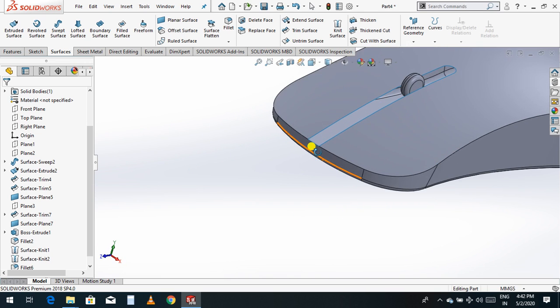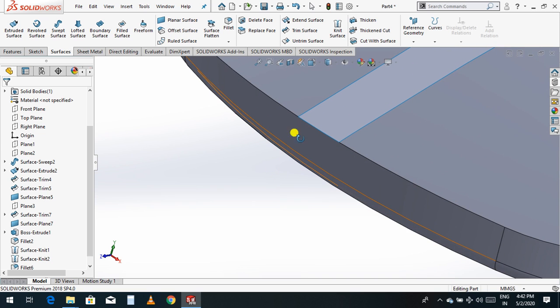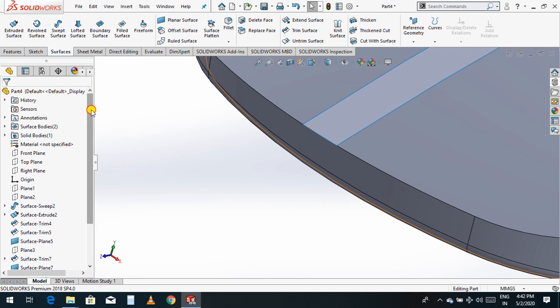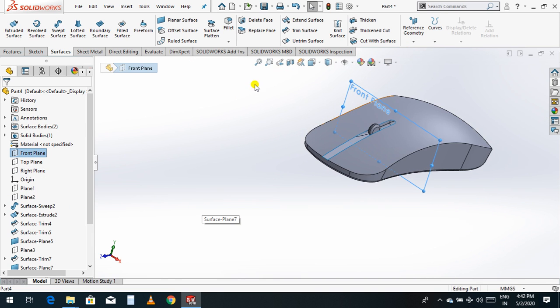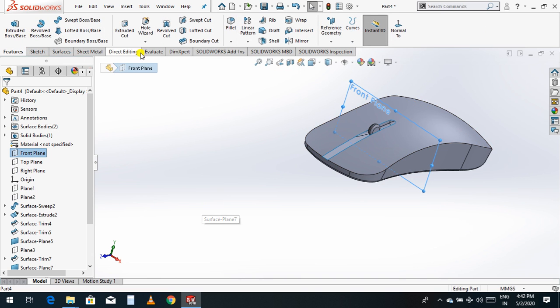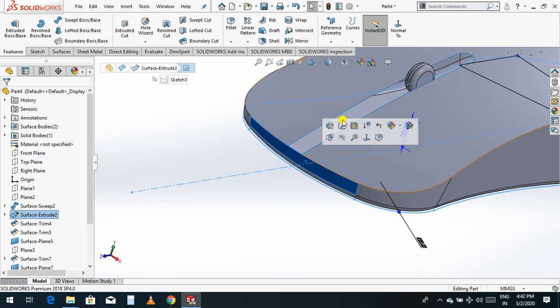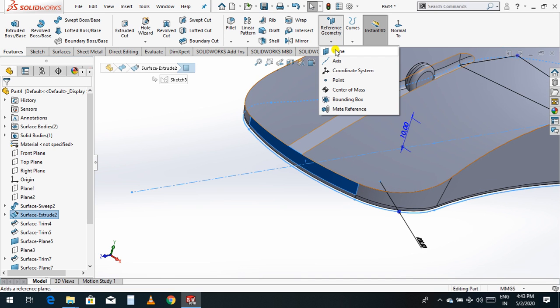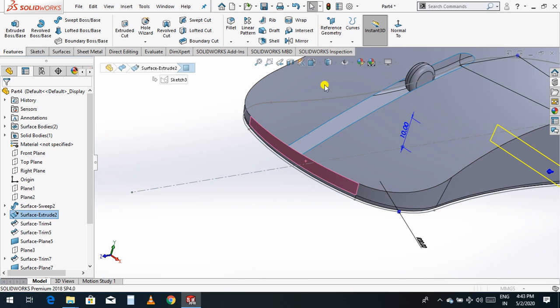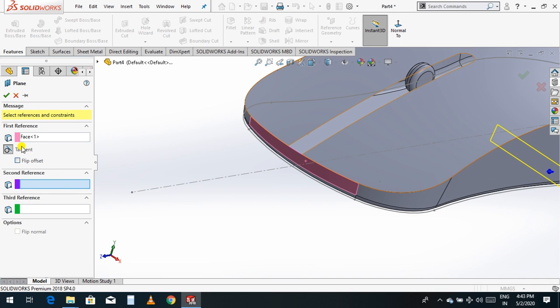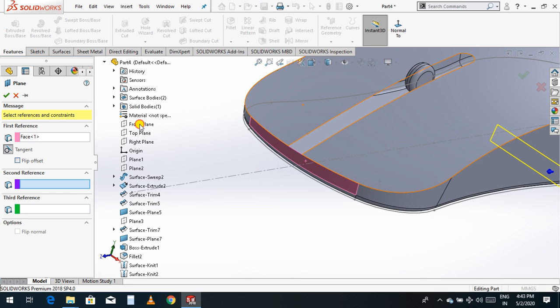I'll draw one wire here. So choose the front plane, go to feature, or else you can choose this face, select sketch, plane, and use the front plane.